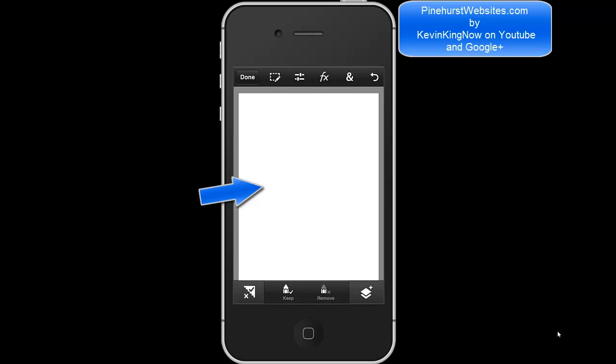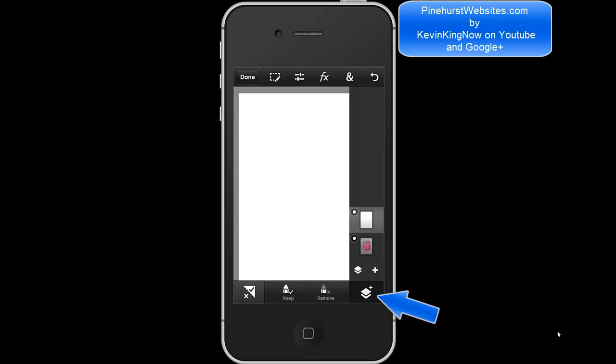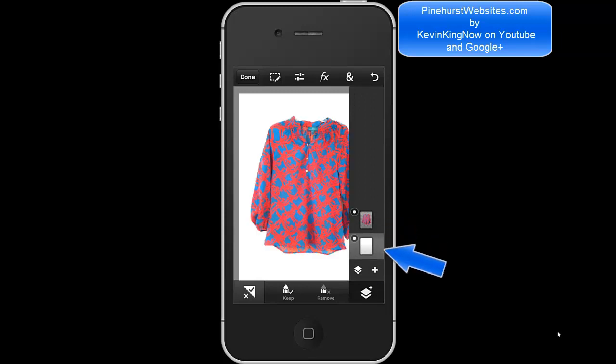That's because your layer with the picture is below this. So let's go ahead and hit the layers in the bottom right hand corner and just drag that layer with your finger below that layer. Now the picture's on top, it's got a white layer behind it, and that's why you have a pure white background. So next thing we're going to do is we're going to just tap on the picture, and that'll get